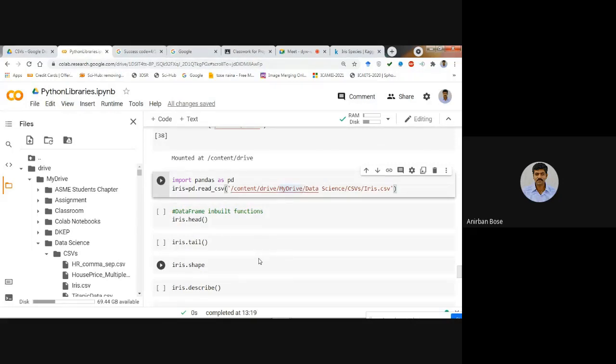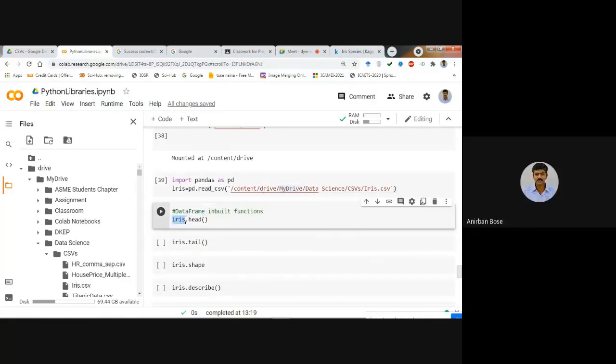So first we'll just see the first 5 rows. To check the 5 rows from the top, the command is the name of the data frame that you have loaded, dot head: iris.head. Within parentheses if you write 7, then the first 7 rows will come. If you write 10, then the first 10 rows will come. If you do not write anything, then 5 rows will come.